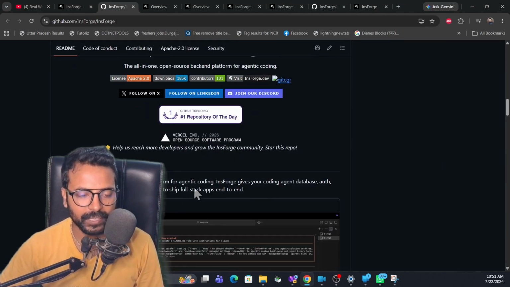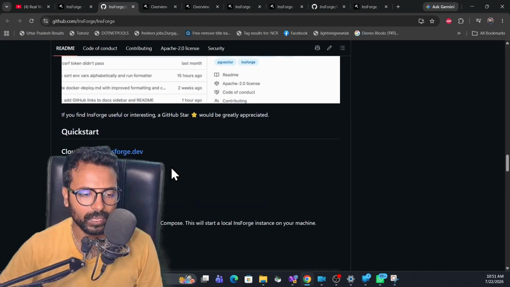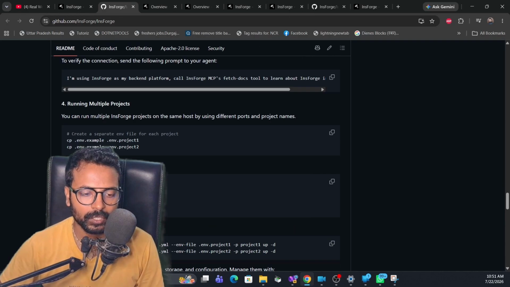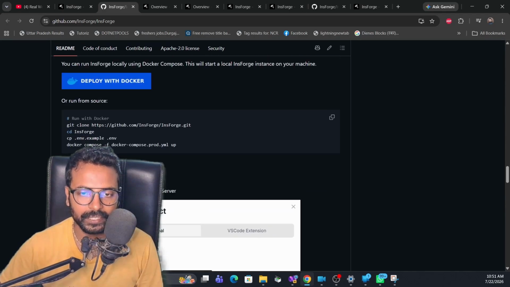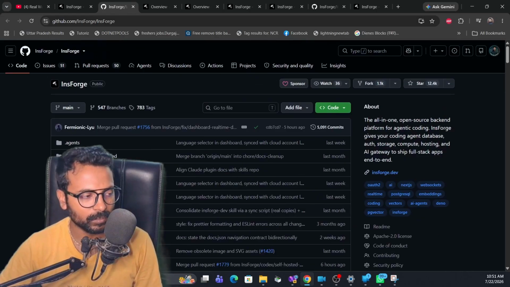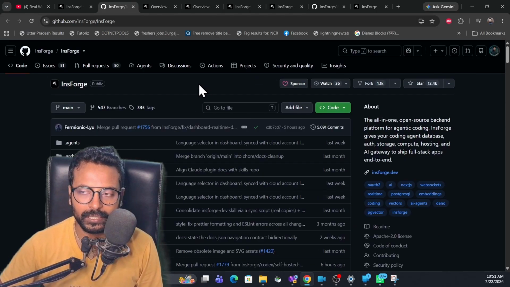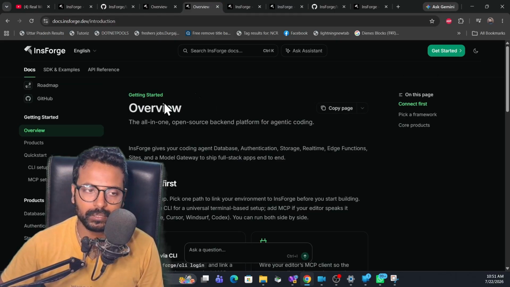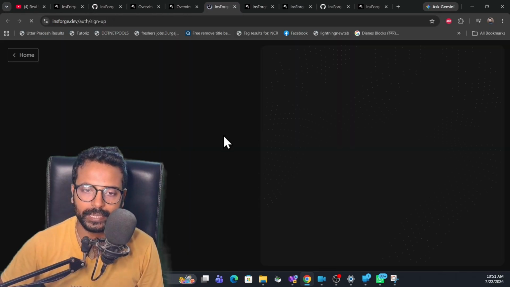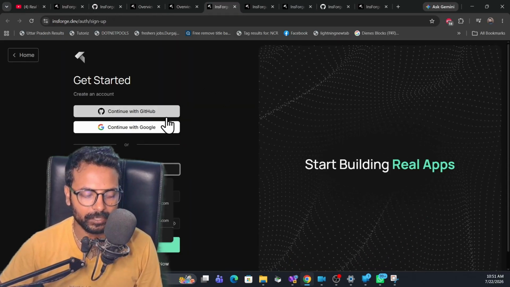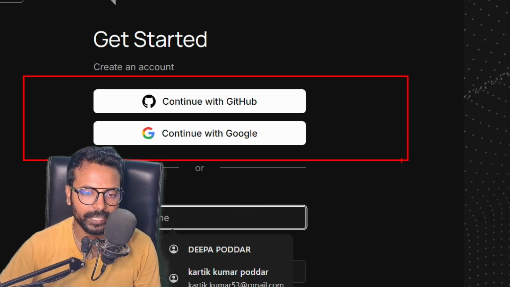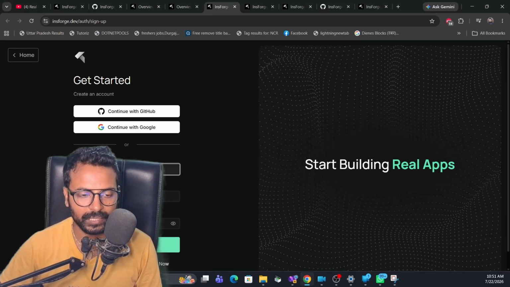And the best part over here is that we can also host it locally using Docker, just Docker. That we will do in an upcoming session, but currently we use the cloud-hosted one, which is completely free, and use the coding assistant to build a complete ready-to-deploy app. For that we go to this official website, simply click get started, and here you log in. You can log in with a GitHub account or Google account,